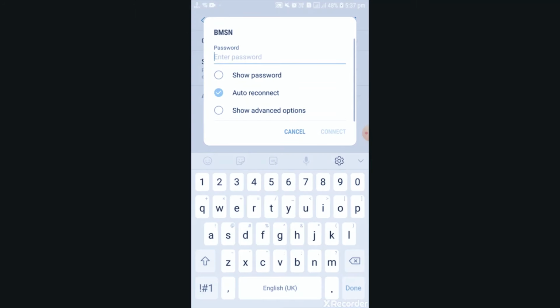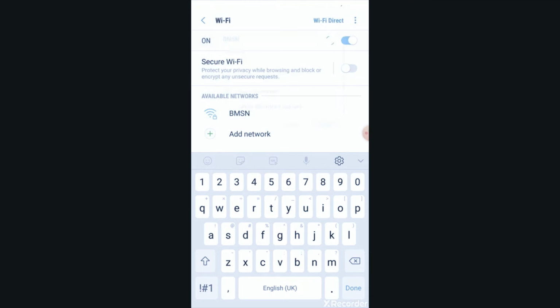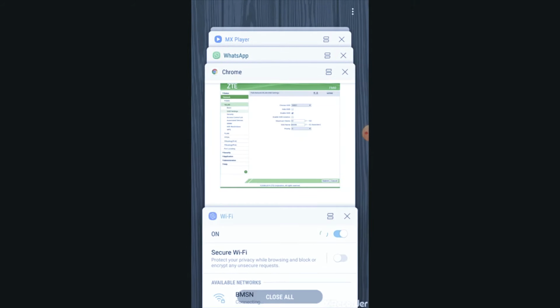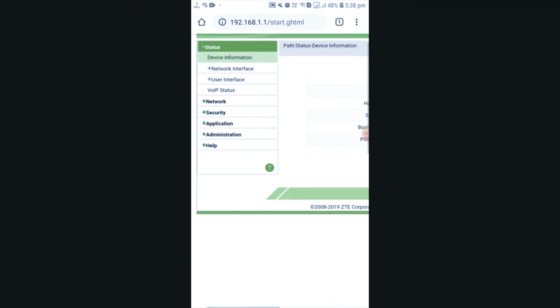Connect, and after connecting, go to Google Chrome. Yes, the same page only, refresh it, and follow the same steps.